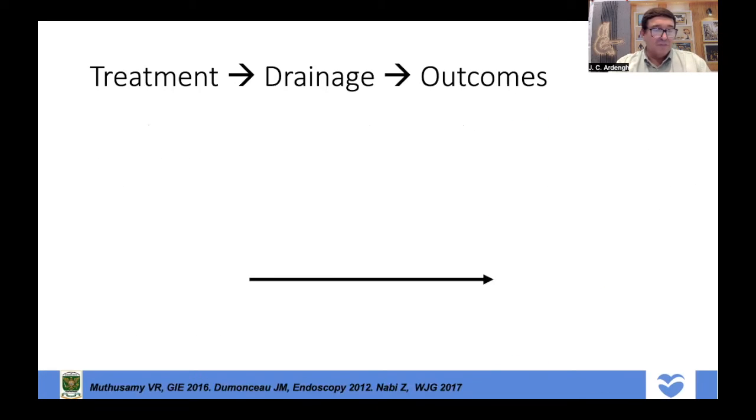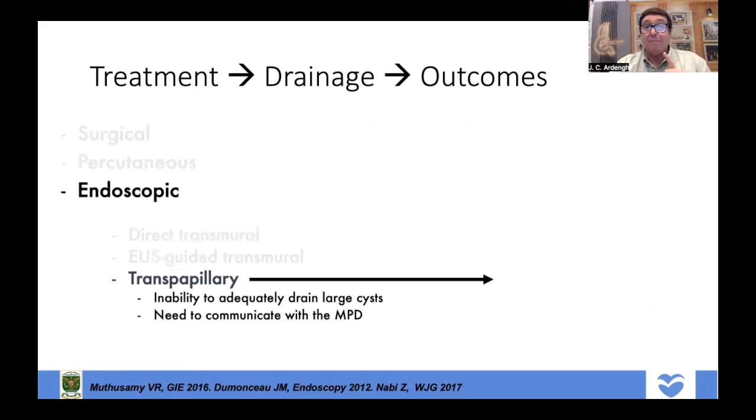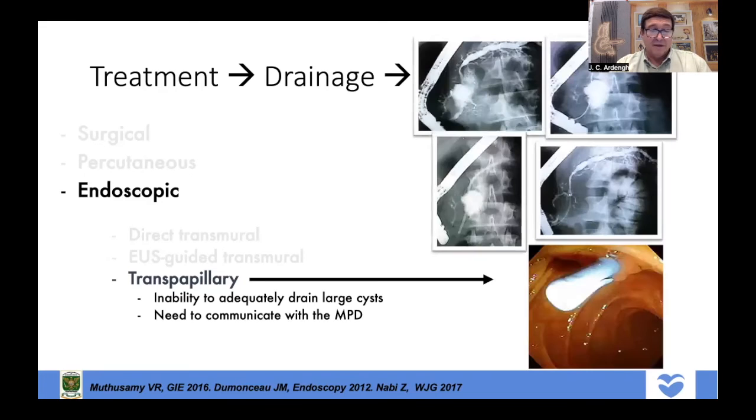Another important point is the use of ERCP for transpapillary drainage of pancreatic fluid collections. I remind you that this technique is inadequate for drainage of cysts with large volume or when there is no communication with the main pancreatic duct, and for pancreatic fluid collections located in the tail of the pancreas, adequate drainage is practically impossible. Therefore, it is necessary before treatment and can be used in selected patients with